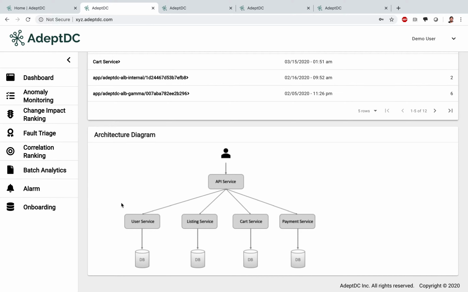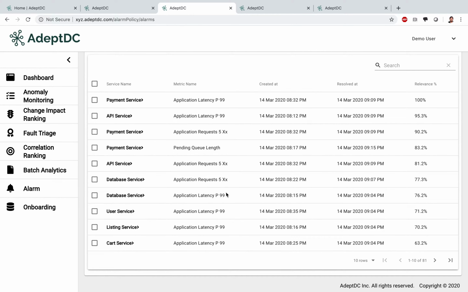He quickly dug into our alarm module that showed 81 alarms coming from different services created at different points in time. To John's relief, these alarms were already ranked based on their relevance so that he didn't have to manually triage them. These alarms were created by our anomaly detection algorithm, which eliminates the overhead for health rule creation and